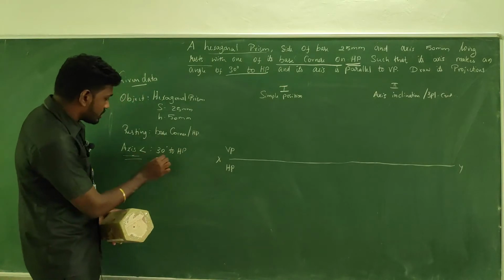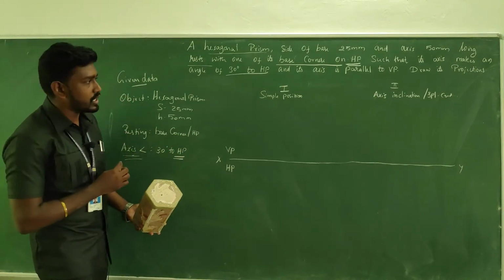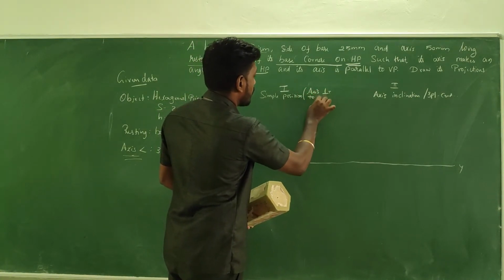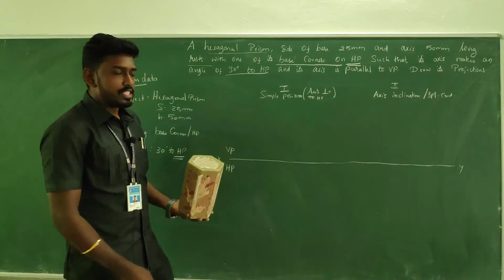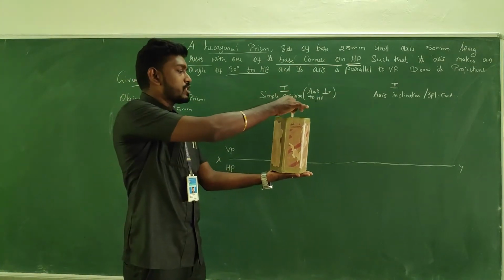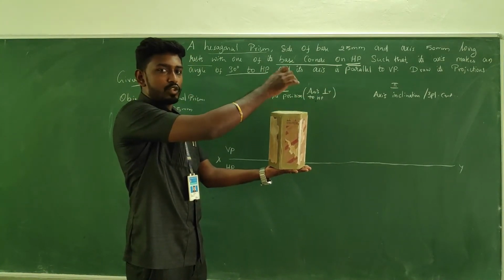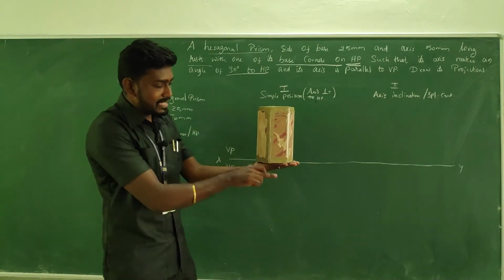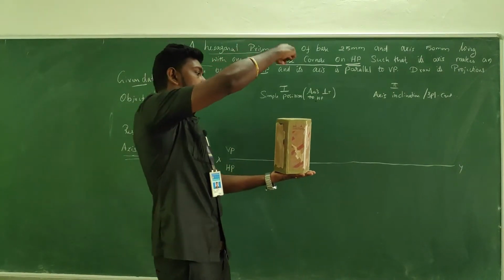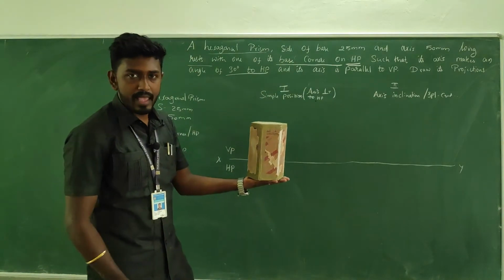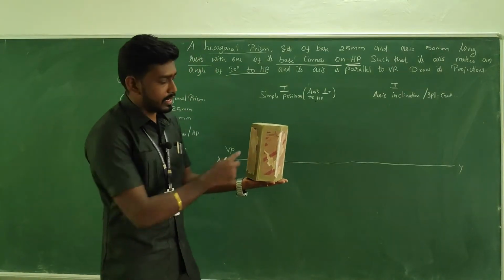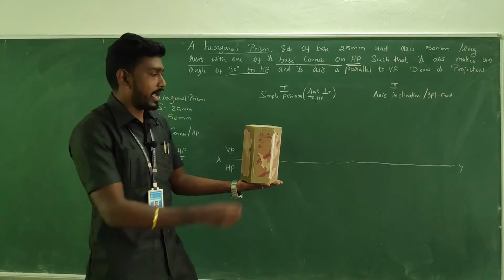If the axis is inclined to HP, we have to take the assumption as axis perpendicular to HP. Since it is perpendicular to HP, I'm going to keep the object something like this so that the axis, that means the imaginary line passing through the centers of the top and bottom bases, will be 90 degree with the horizontal plane. The exact position is like this. So now we know from the top view the true shape of the object is seen, and in the front view the true length or height of the object can be seen. Rectangular faces can be seen.